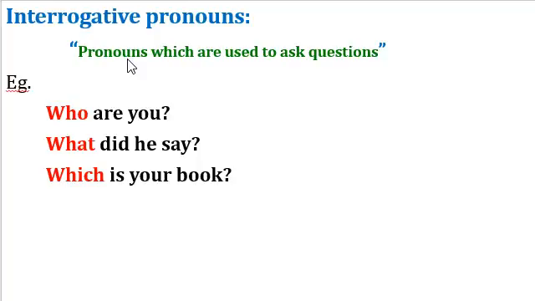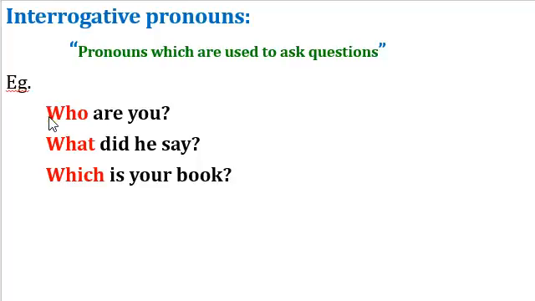Next is interrogative pronoun. Interrogative means those words which are used to ask any question, means which are used in any sentence for asking a question, just like who, what, which, how. These are words which are used to ask questions. So again, you know that in place of the subject we can also put only a pronoun. So these are the words which are behaving like a pronoun. But which type of pronoun